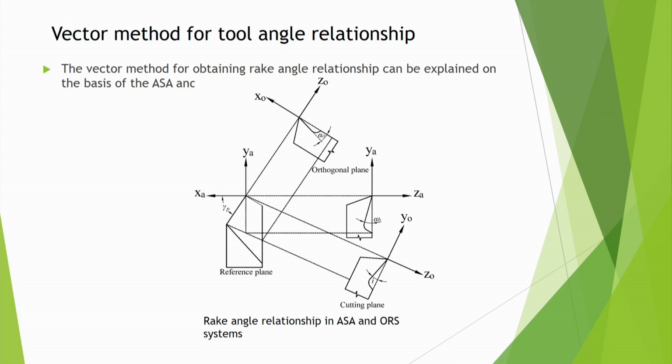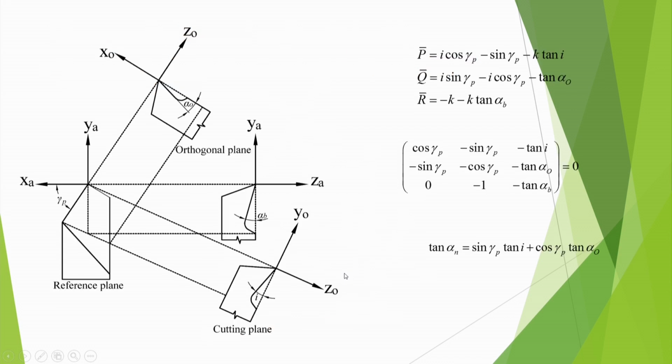So one method is the vector method for angle relationship. You can make the vectors, you can make the lines, and you can say these are the vectors, and the condition that these vectors will be planar is that the triple product is 0. So using this type of relation, you make one vector, another vector, then put the condition of making the triple product 0, then automatically you will get the relation. This can be done in a mathematical way, but I have told you in such a way that it helps you in visualization. It is more physical.